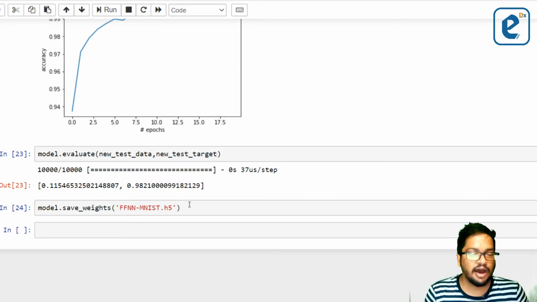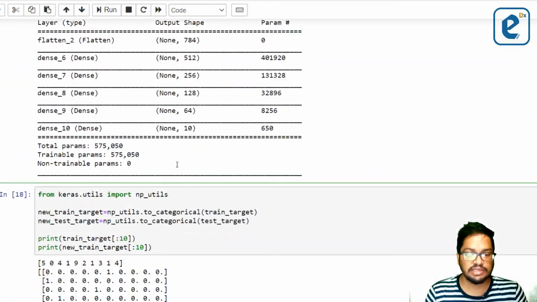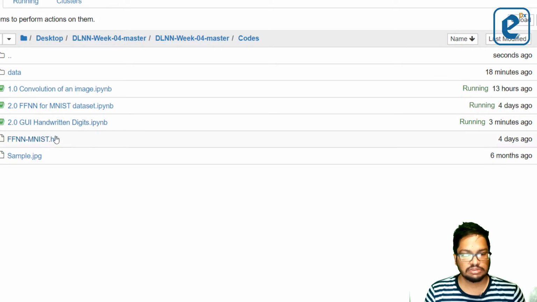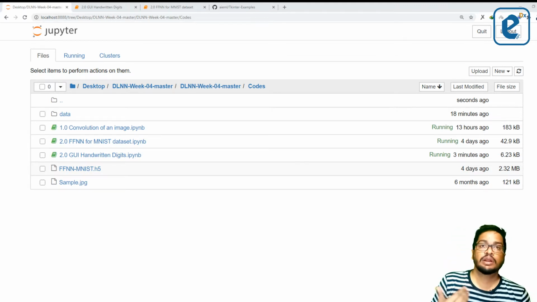No matter how many images you use to train the neural network, the weights you get will be several kilobytes, sometimes several megabytes. That depends on how many parameters you have. For this application we have about 500,000 parameters, and we are going to save it. You can see it is saved here as FFNN MNIST.h5. That h5 is the file format used in Keras to save the neural network model, and it contains about 3.232 megabytes. This is the knowledge gained from 60,000